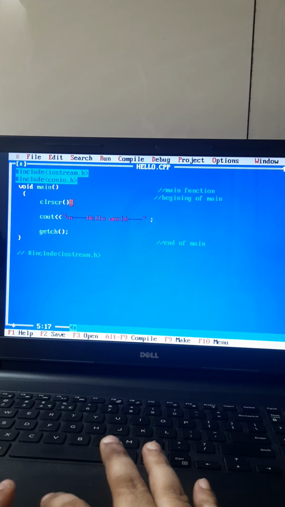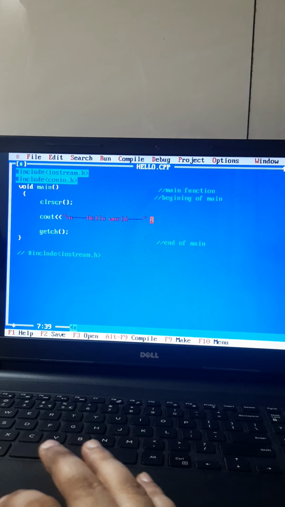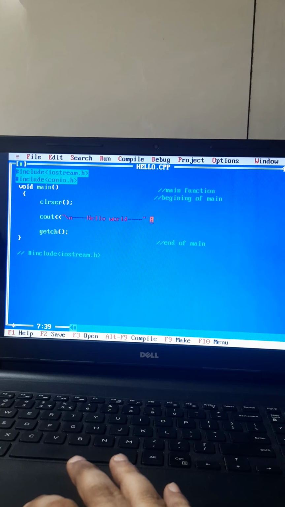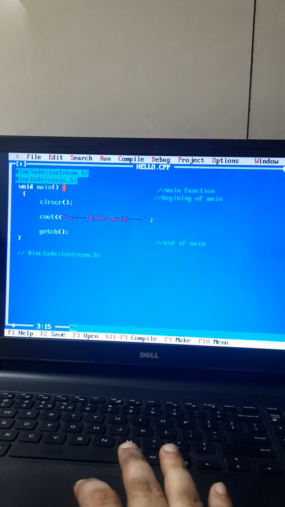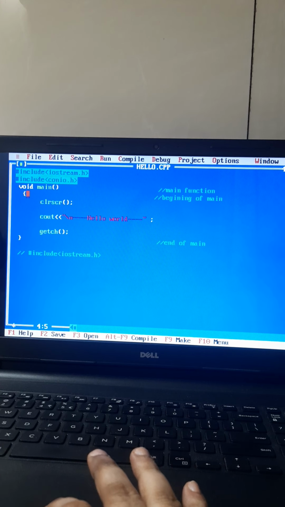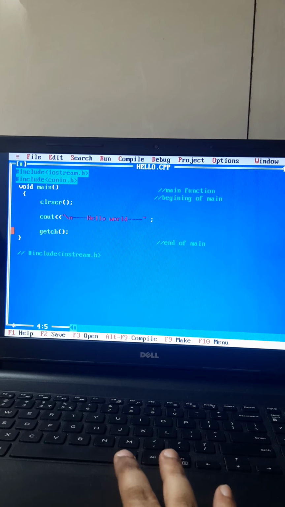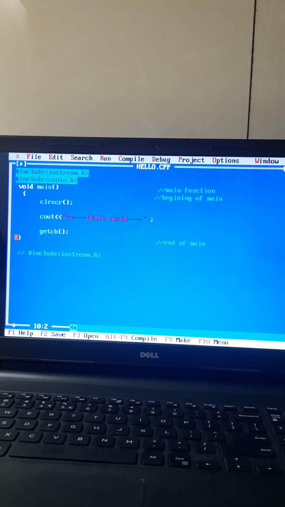Now each statement has to end with a semicolon. There may be a question in your mind: why is this not ended with a semicolon? Because the main function's scope has to first start, and the start is denoted by this opening curly brace, and we can write n number of statements there which are helpful to get the required output.